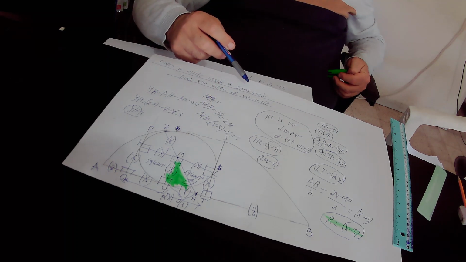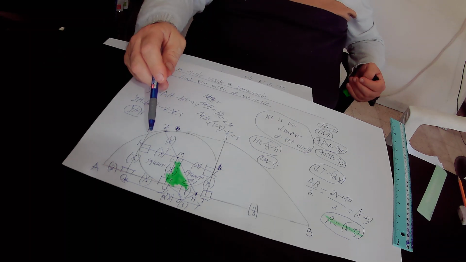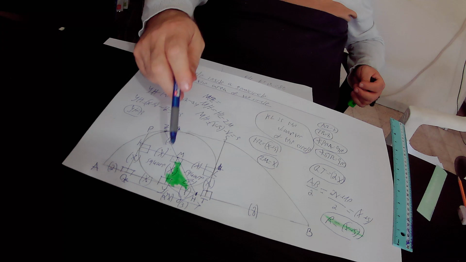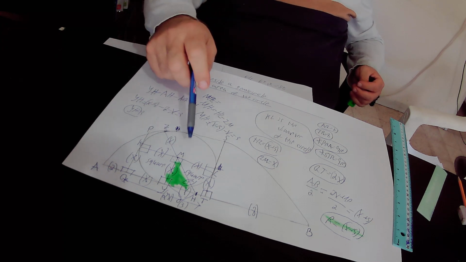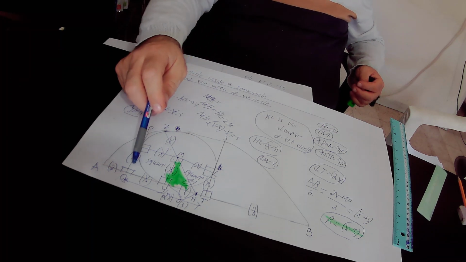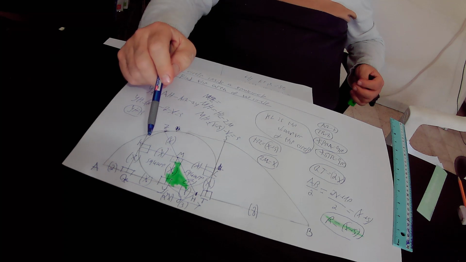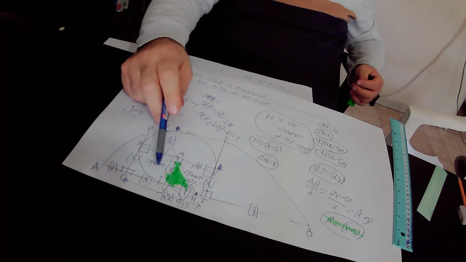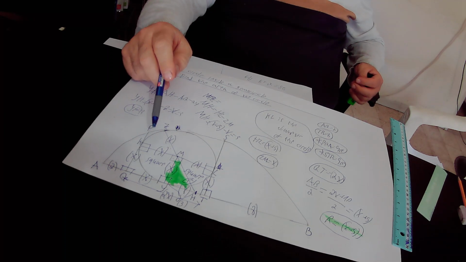Likewise, we have here quadrilateral KMYT. Inside quadrilateral KMYT, we have 1, 2, 3 right angles. This angle equals 90 degrees, and this angle also equals 90 degrees according to rule 1,